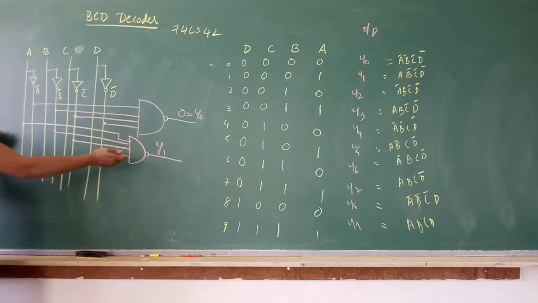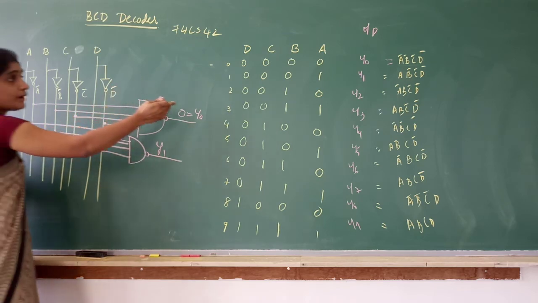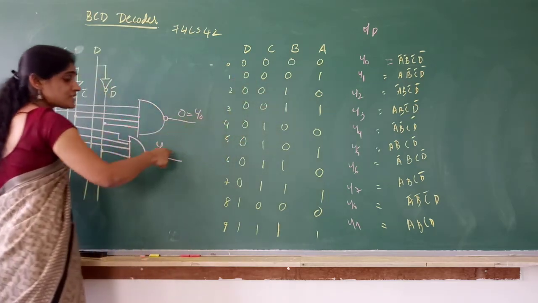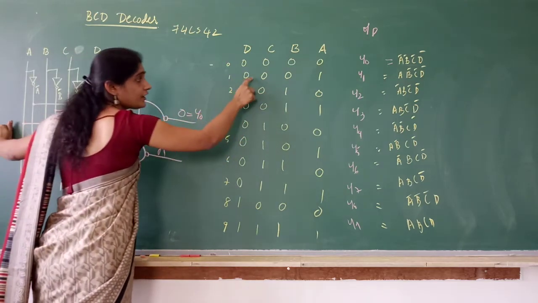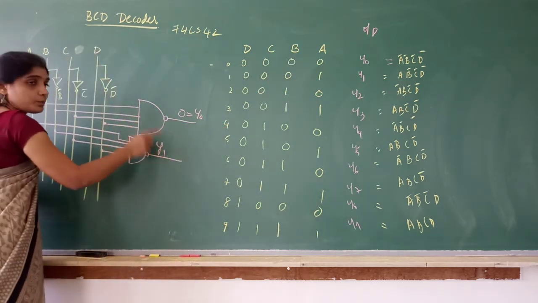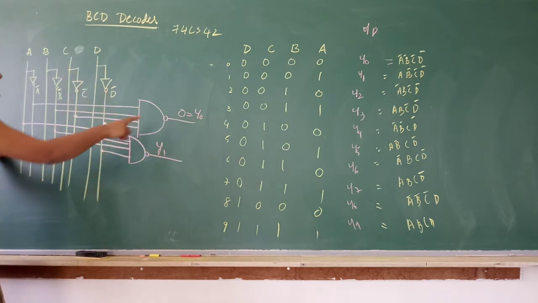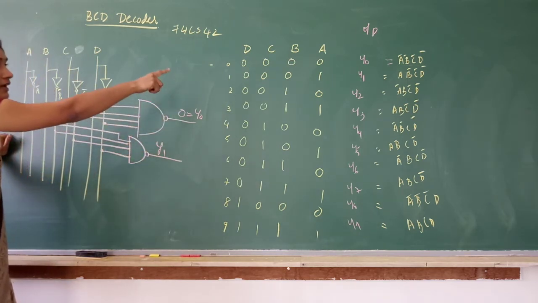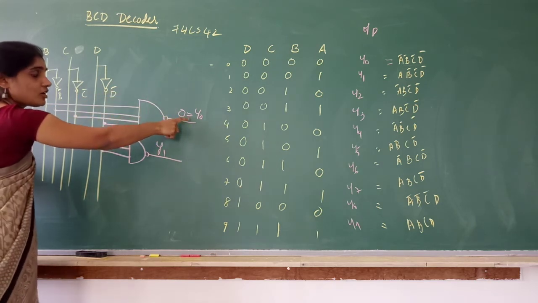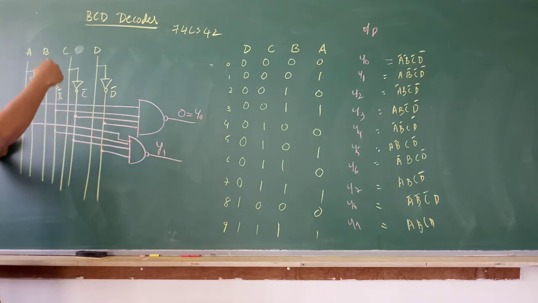Okay, you can even check the output value for Y1 giving any combination. But Y1 will be equal to 0 only when you are giving 0, 0, 0, 1. Why 0? Because they are active low. So only when you are giving 0, 0, 0, 1, this particular line will be active. That means you are getting output 0. For all the other cases, you get Y1 as 1. Similarly for Y0, only when you are getting A, B, C, D as 0, 0, 0, 0, Y0 will be active. That means you are getting Y0 as 0. Otherwise, for all the remaining conditions, Y0 will be high.